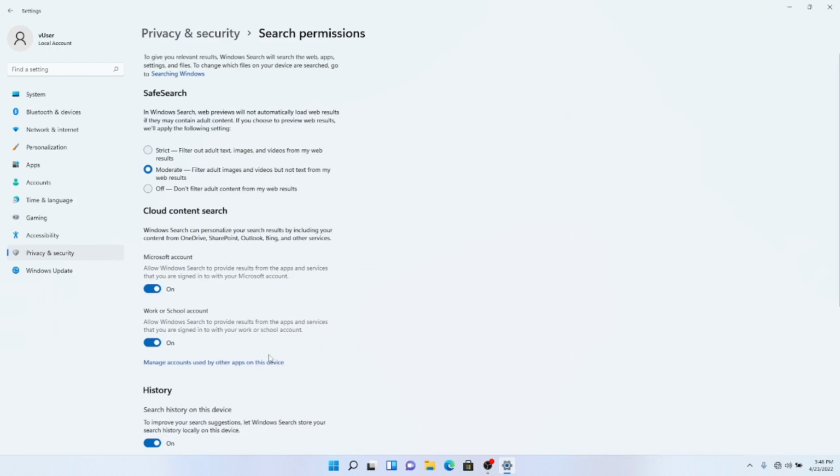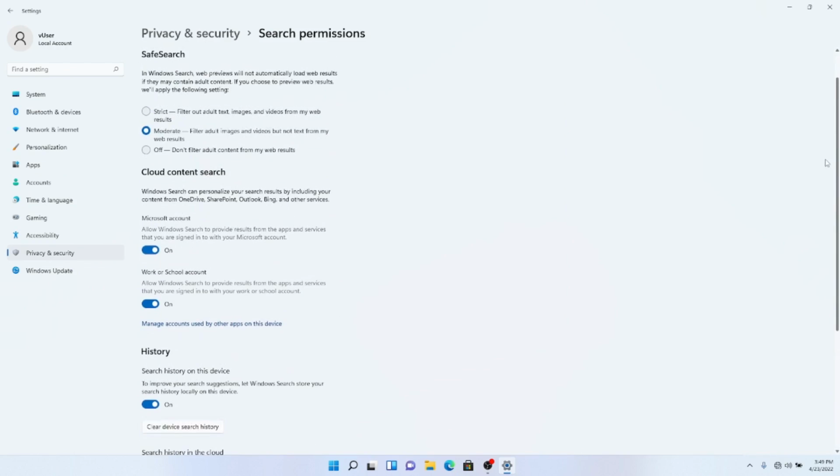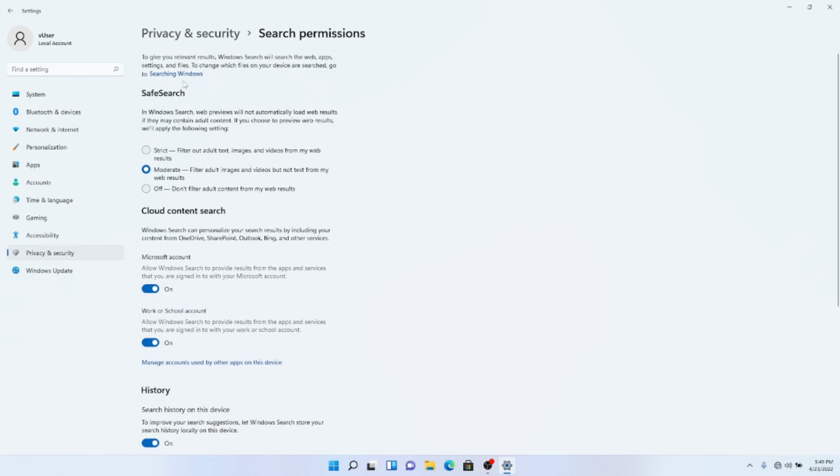Search permission right here. There are different ways you could search, and there are search-related settings in here. The first one is called safe search. If you do have a family computer that kids in particular use, I would recommend that you switch this to strict instead of off or moderate. So I would switch it to this right here, where I would filter out any adult text, images, and videos